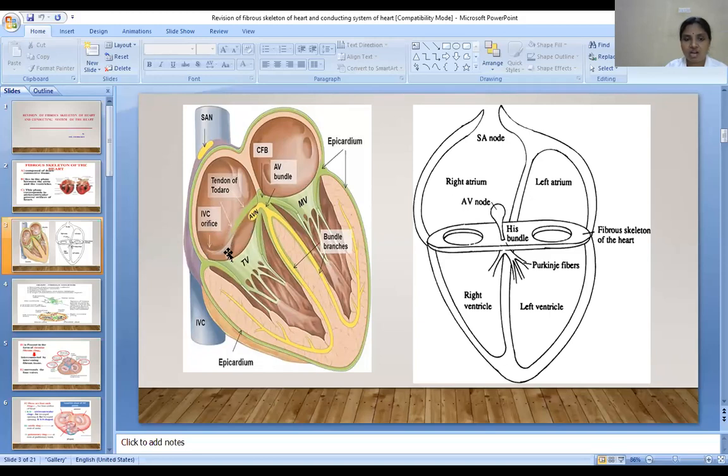What is that? Inferior vena cava orifice. So, the orifice is guarded by a valve. See, this is the valve. So, the tendon of Todaro is a collagenous band lying immediately beneath the endocardium. So, this subendocardial collagenous band extends from the central fibrous body. Actually, it extends from this septal leaflet, okay, to the valve of the inferior vena cava. So, this tendon of Todaro is an important part of the fibrous skeleton of the heart. So, this picture is showing the level where there is a fibrous skeleton of the heart. So, it lies in the plane between the atria and ventricles, right?